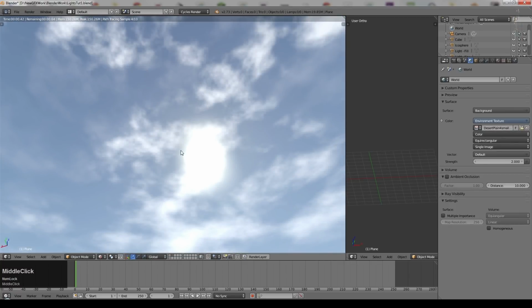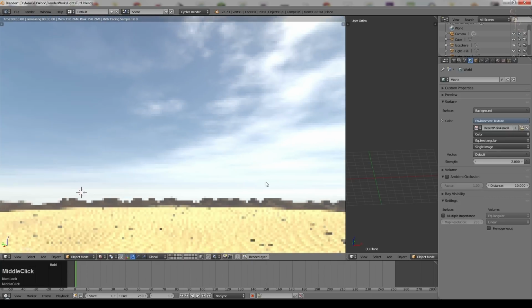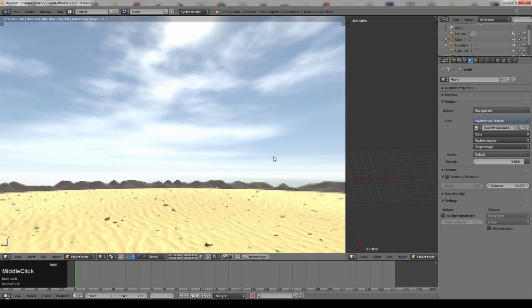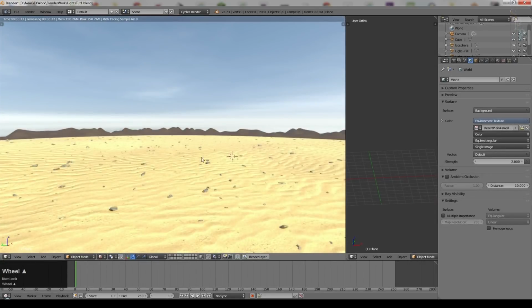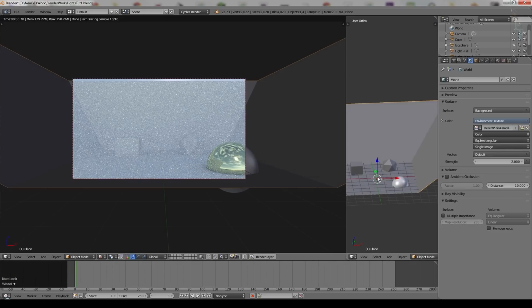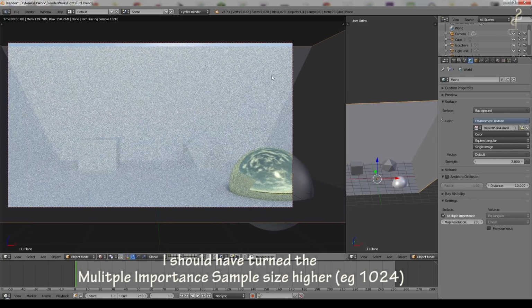You can see there's a bright spot there, which is where my sun is. Sometimes you'll need to add a sun lamp anyway and align the angle to the angle in your scene. You can see it's a fairly bright day and we've got very significant shadows in our desert here. So if I go to my scene, that's illuminating my scene, but I haven't got multiple importance sample on yet. Once I turn it on, you can see there is a difference. It's a softer illumination there. I'll turn this on, it's a brighter illumination. I've actually got that quite high at the moment anyway.